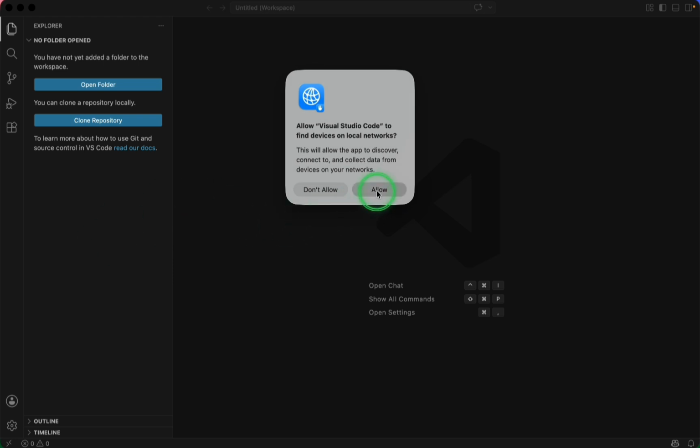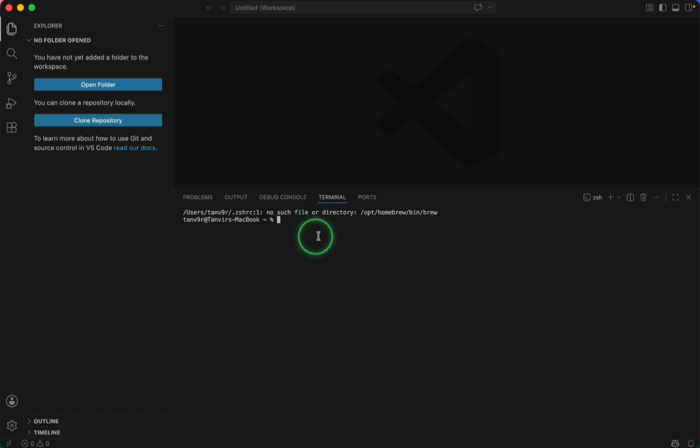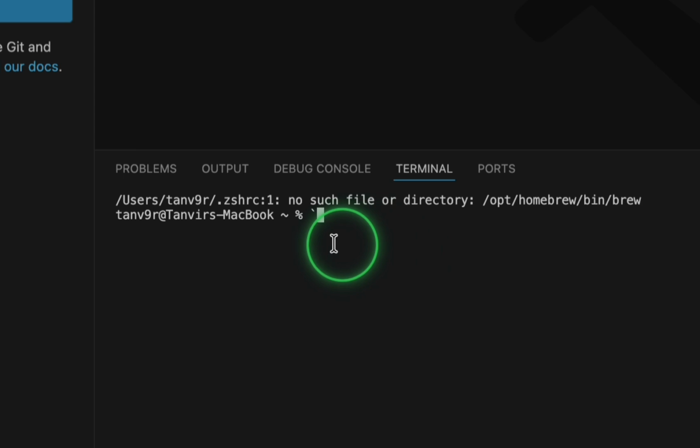Now we need the terminal to install OpenCode CLI, right? So we need the terminal, and we have a shortcut to get this. The shortcut is Control plus backtick. The sign is called backtick. Control plus backtick, then you will find this terminal. So this is called backtick. Okay, this one. All right, now here you have to write npm, then space i, space -g, space opencode